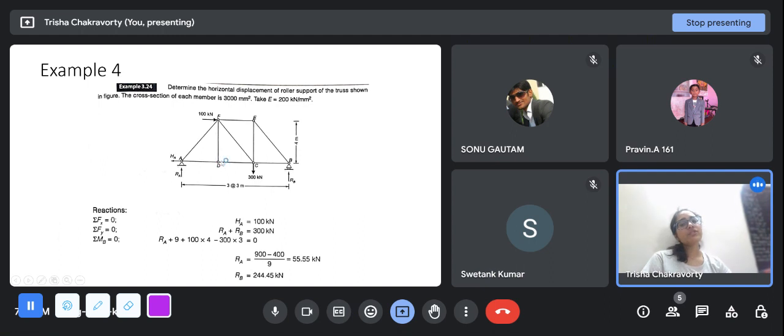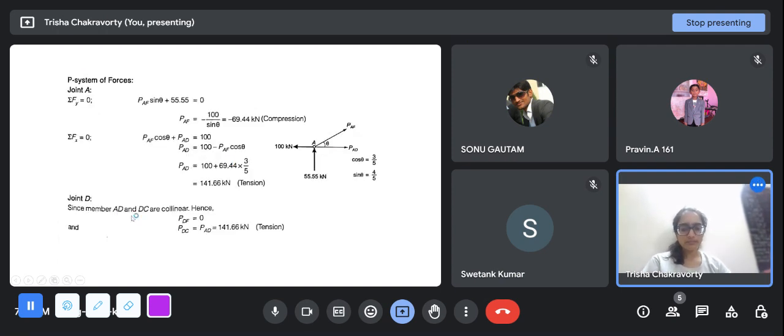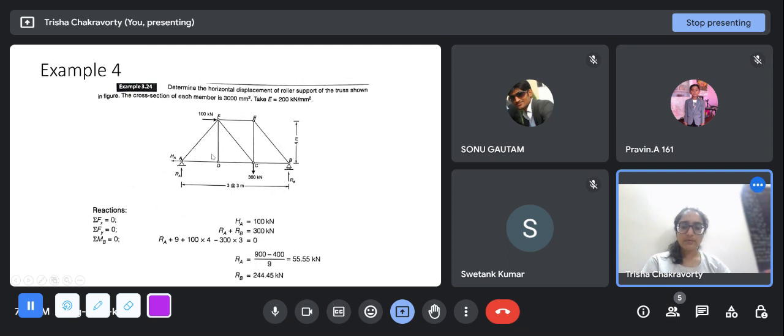Then we move on to joint D. At joint D there are three members meeting. We know the force in AD now, and DF is zero because it is a zero force member, since AD and DC are collinear, there is no applied force at this point, and only DC is unknown right here. So you can see that AD and DC are collinear, so the force in AD